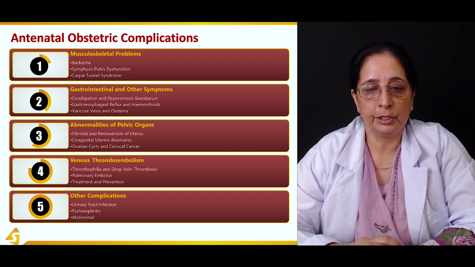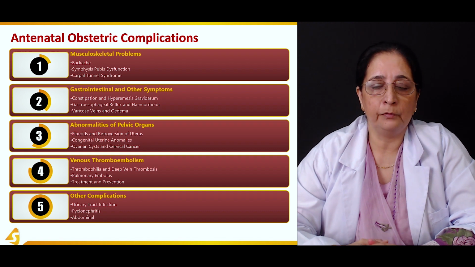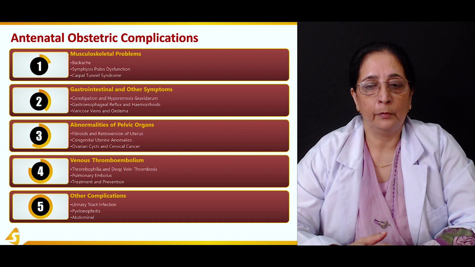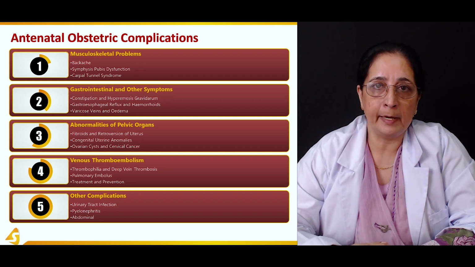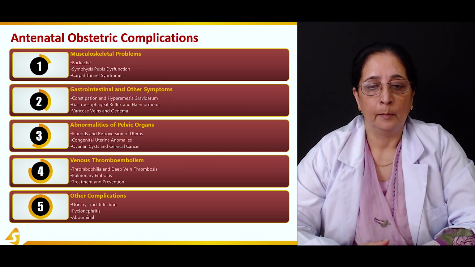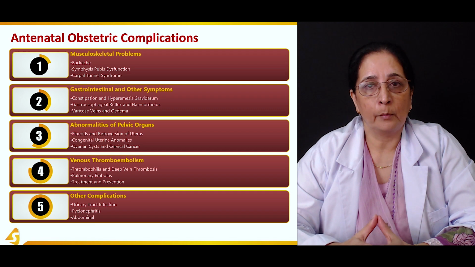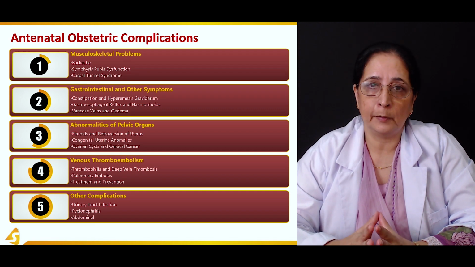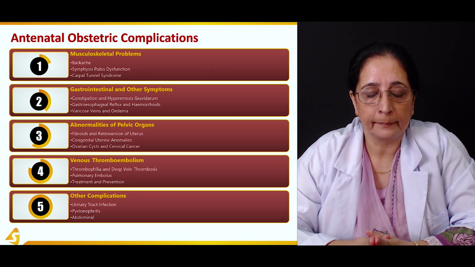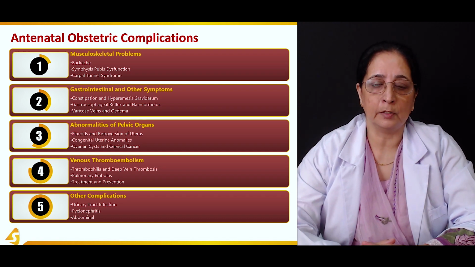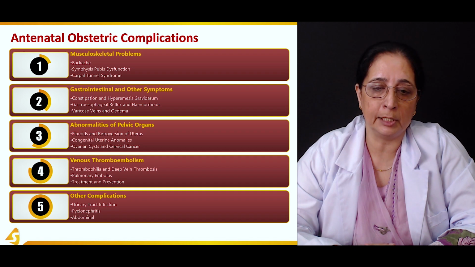In the fourth section, we will talk about venous thromboembolism, thrombophilia and deep vein thrombosis, pulmonary embolus, treatment and prevention of thromboembolism and pulmonary embolus. And then in the fifth and final section, we will talk about some other common complications